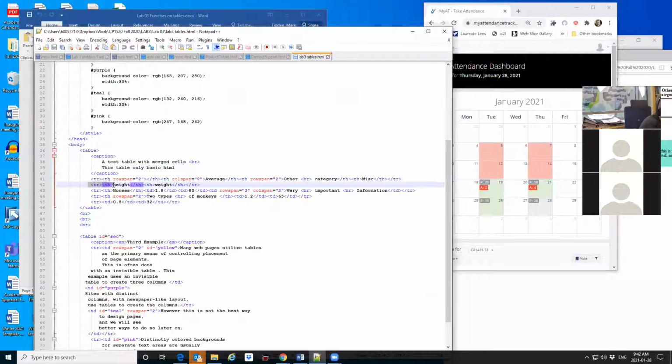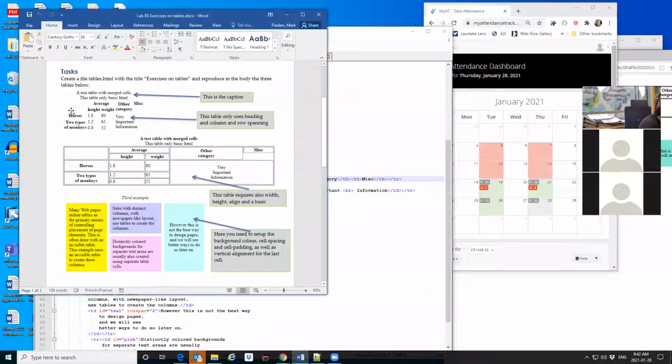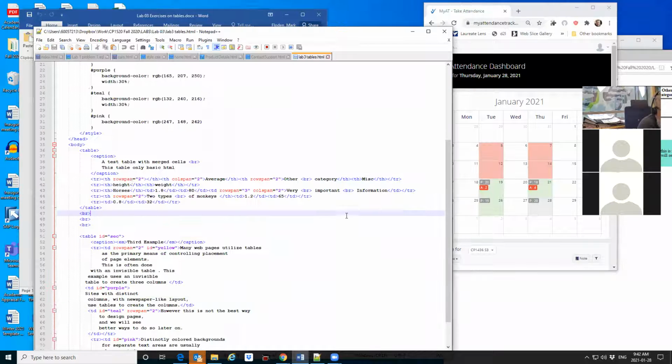What then happens is row 2 doesn't have a lot of stuff in it. Why? Because the first column is spanned by the row above. So the first column in row 2 is empty, just like row 1 was empty in the first column. We don't have to put anything in the first column. That first column actually doesn't even exist in our HTML because it's been spanned in from the first row. Then the second column, well, actually, this is the second column, and it's got the word weight, but it's spanned in